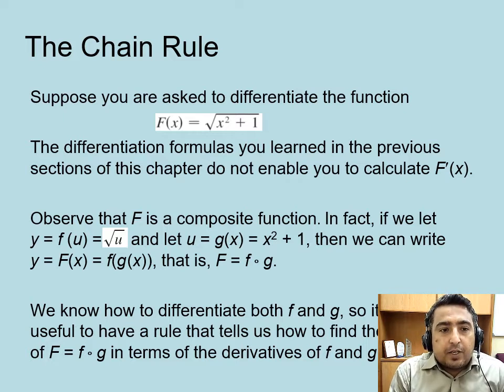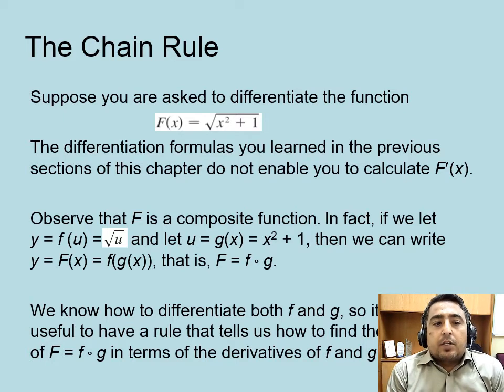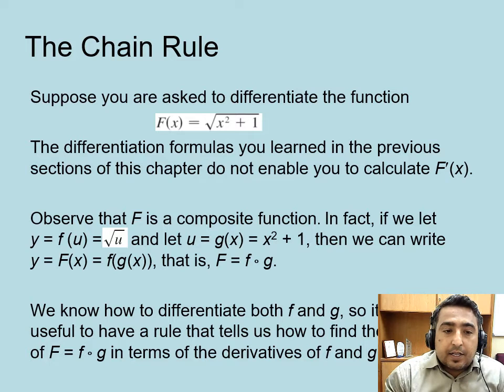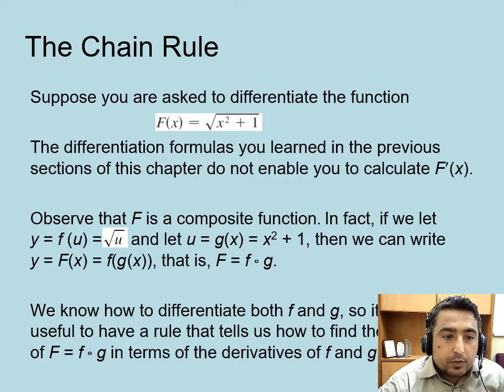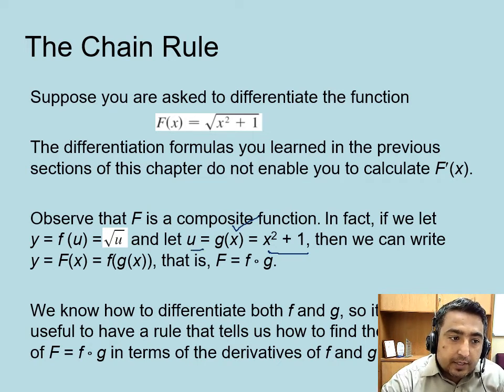If I name the function x square plus 1 as g of x, or u, and the square root as small f, or y, then